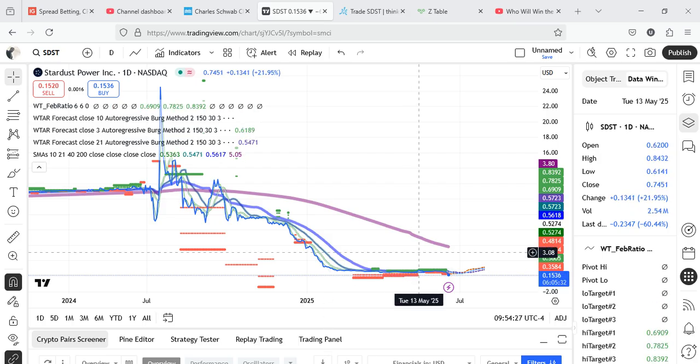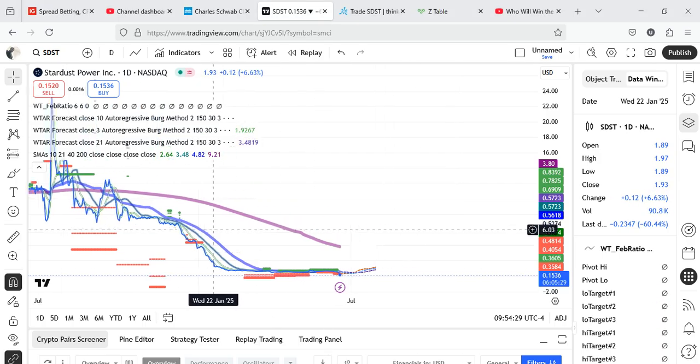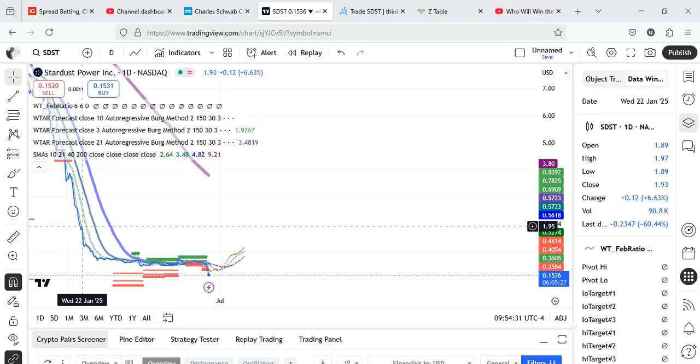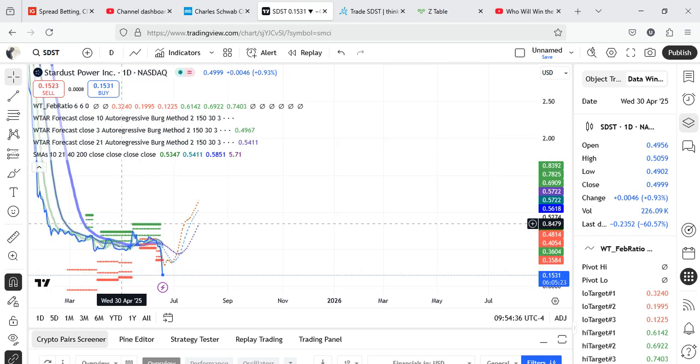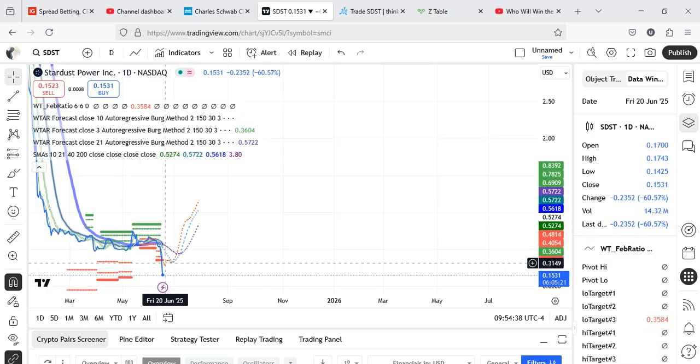Let's see. There are no extra. Oh, there are extrapolations on the stock. It has enough data. Okay, so let's get a better picture of what's going on. Here we can see lower prices are extrapolated going all the way towards Friday, the 20th of June. And after that, higher prices may begin to print. We have projections going all the way towards,